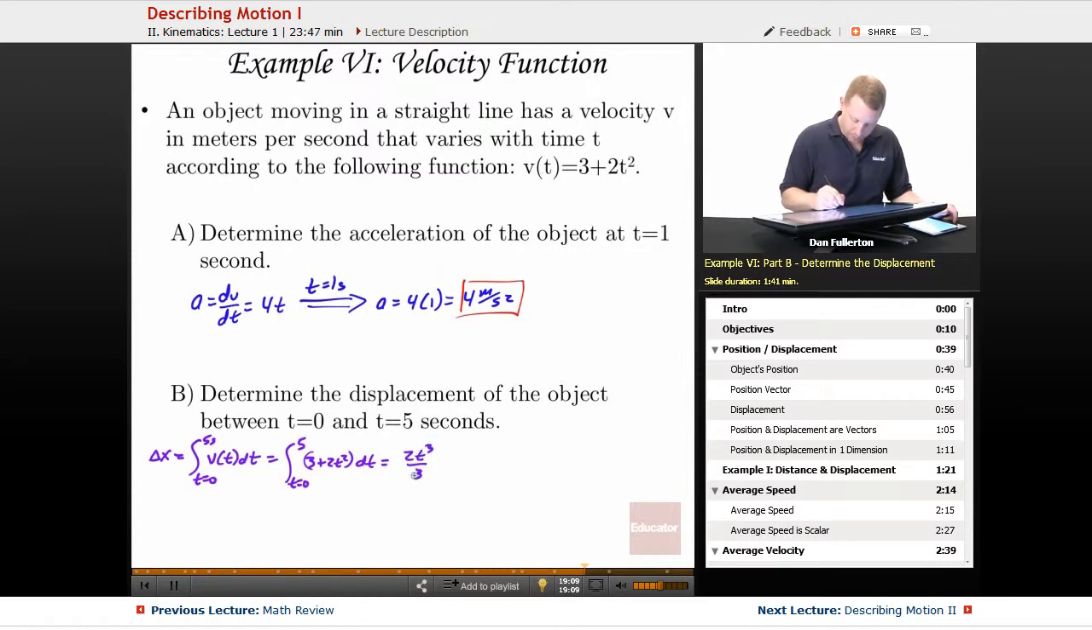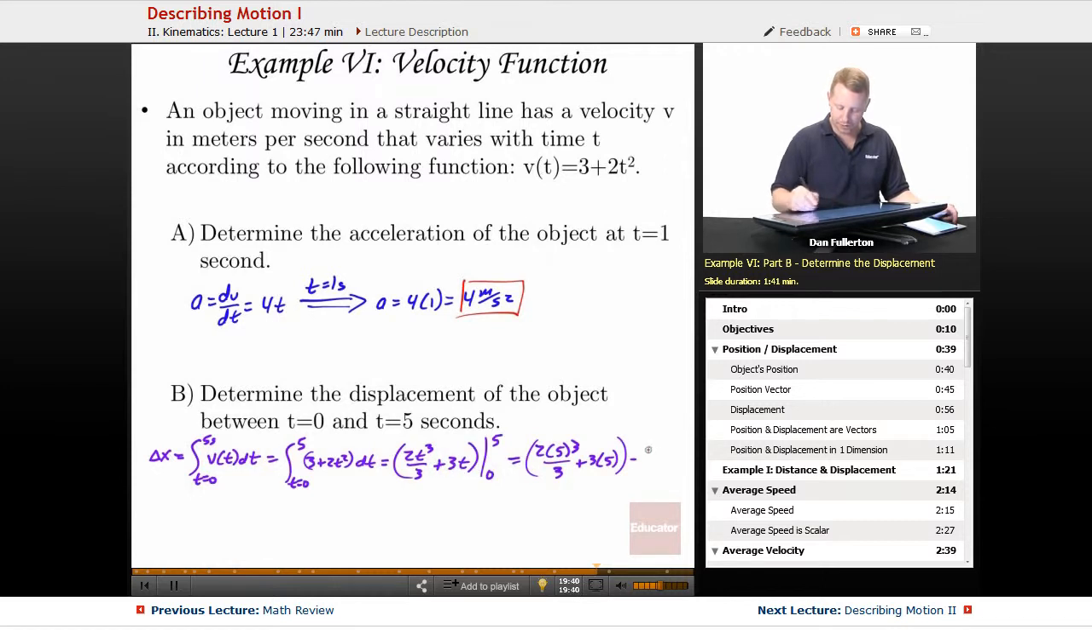2t cubed over 3. That looks right. Plus 3t, all evaluated from 0 to 5 seconds. And remember what this means. That means we're going to plug the 5 in for the t's first. So we would get 2 times 5 cubed over 3, plus 3 times 5, minus, and now we plug the 0 in there, but 0 cubed plus 3 times 0 is still going to be 0. So what I come up with here is delta x is going to be